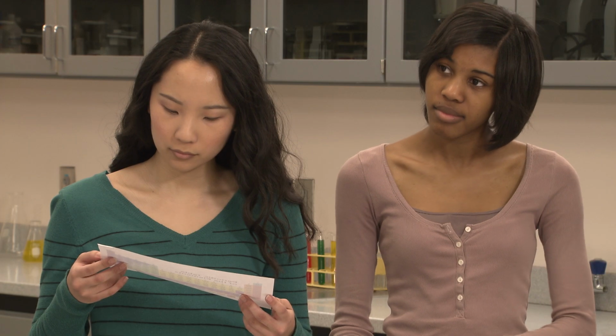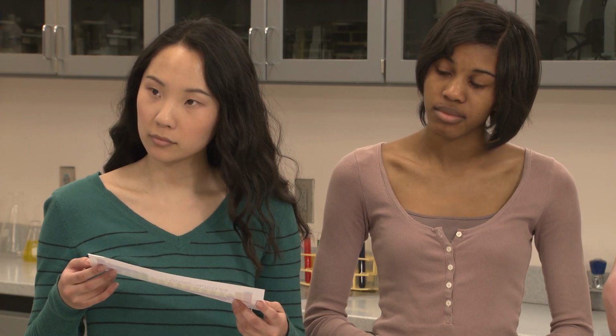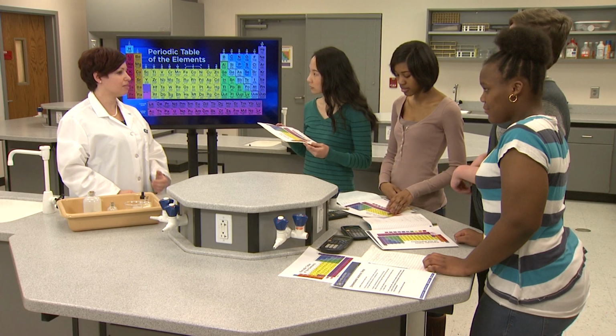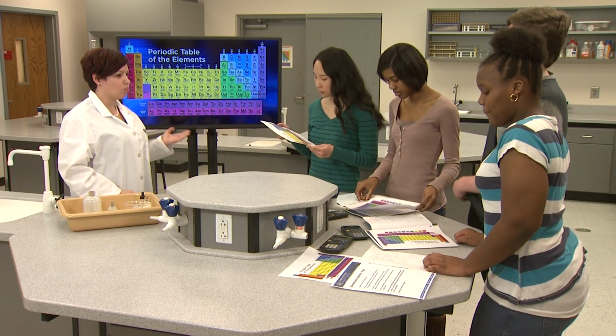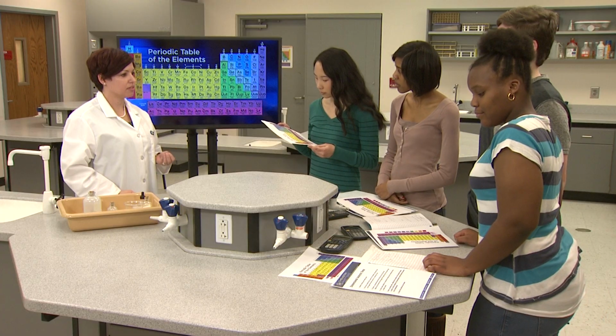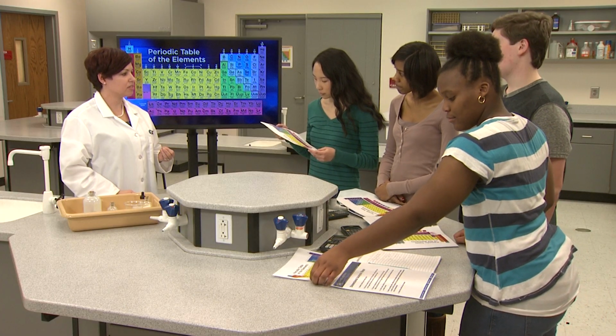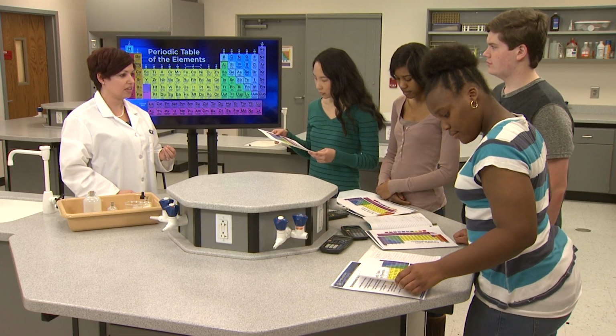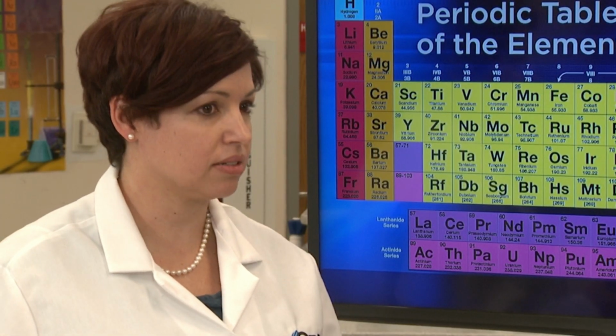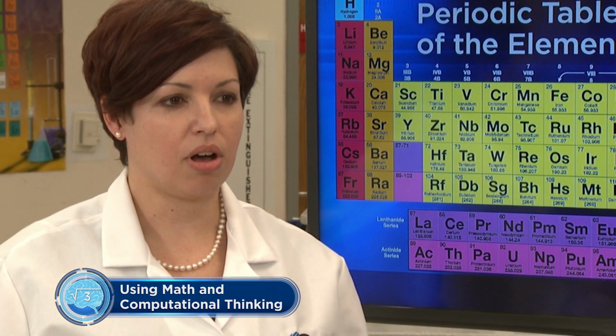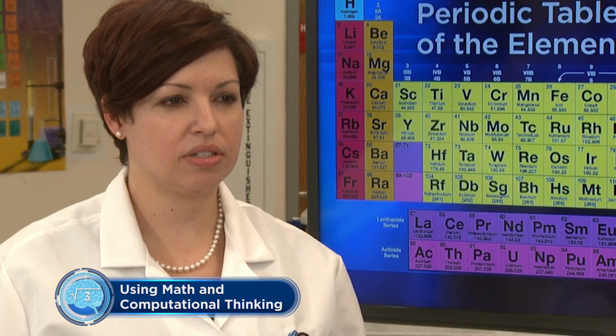Earlier, we explored how to find the mass in grams of a mole of atoms of any element simply by looking at the masses listed on the periodic table. Well, we can do the same thing with compounds. By simply summing up the molar masses of all the elements that are found in a compound, we can determine the molar mass. Before we get started with some problems involving molar masses, I wanted to get your hands on some moles, literally.